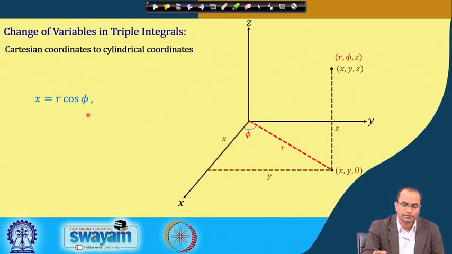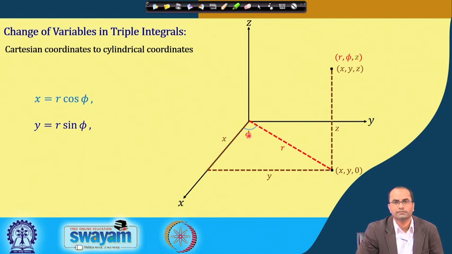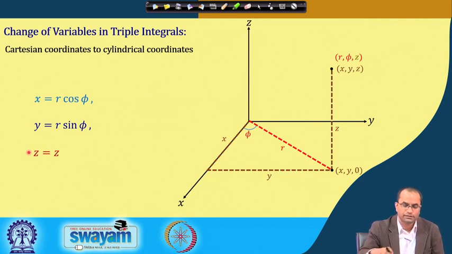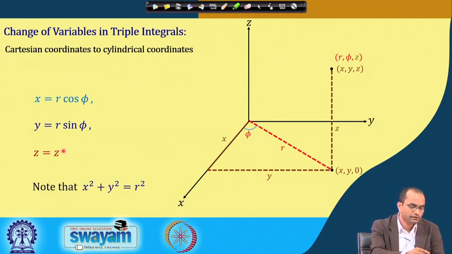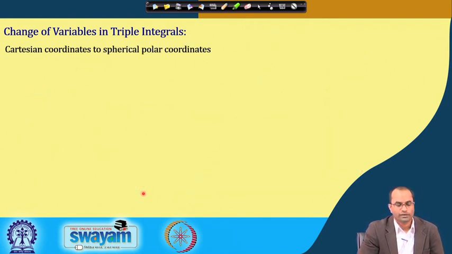So, x, the relation again since it is a polar coordinate in this x y plane. So, x is r cos phi and y is r sin phi. So, in polar coordinate we used to call this angle theta, but now it is a different representation, we are calling it phi. So, the relation remains exactly the same, x is equal to r cos phi and y is equal to r sin phi, and this z is same as the z in the Cartesian coordinate. So, this is the simple relation when we talk about the cylindrical coordinate, and here this relation again coming from the polar coordinate, that this x square plus y square will be r square in this case.